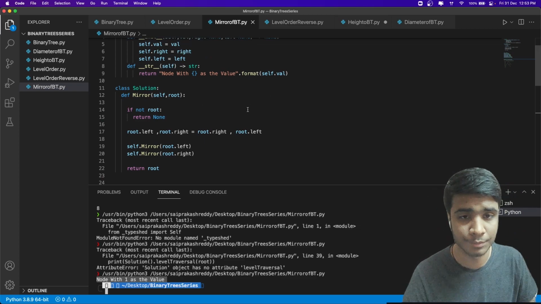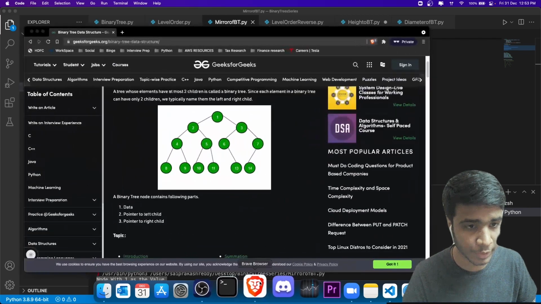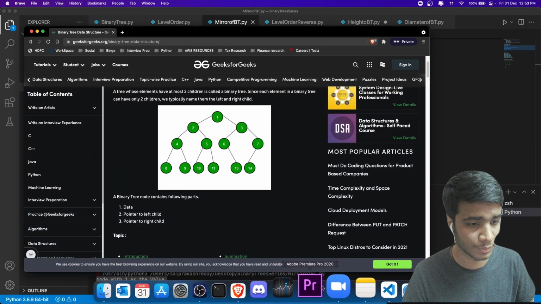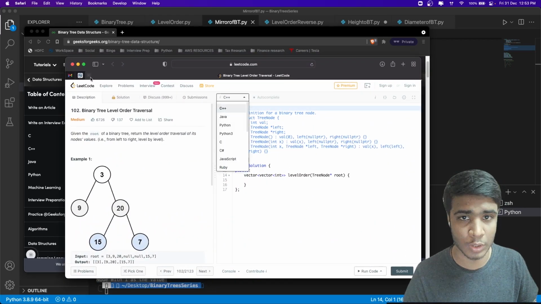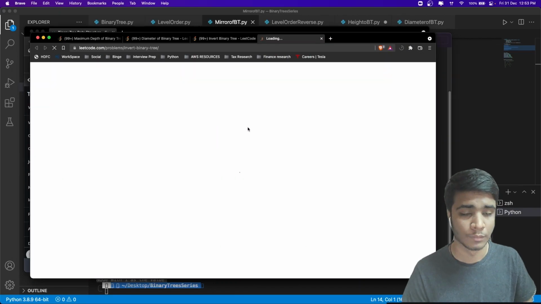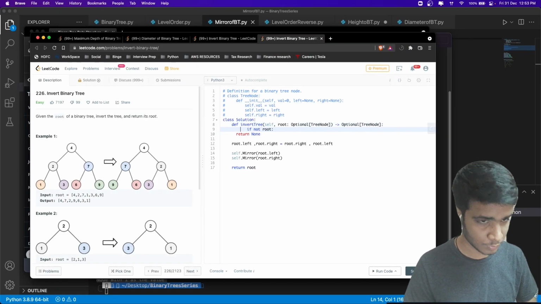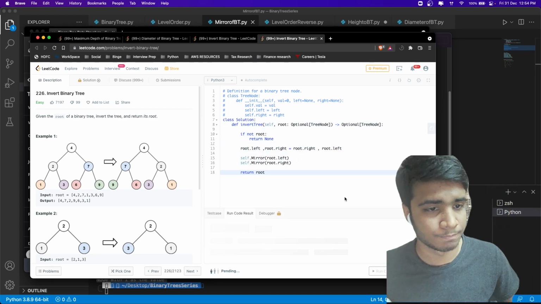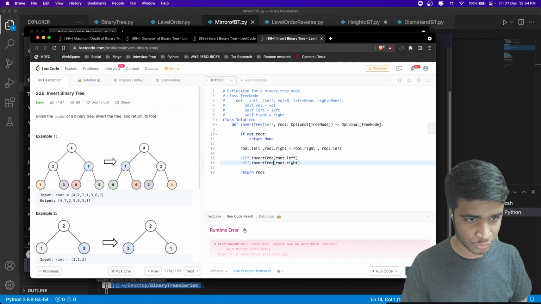So let me solve it in the LeetCode IDE. Wait, let me open it. Invert tree.